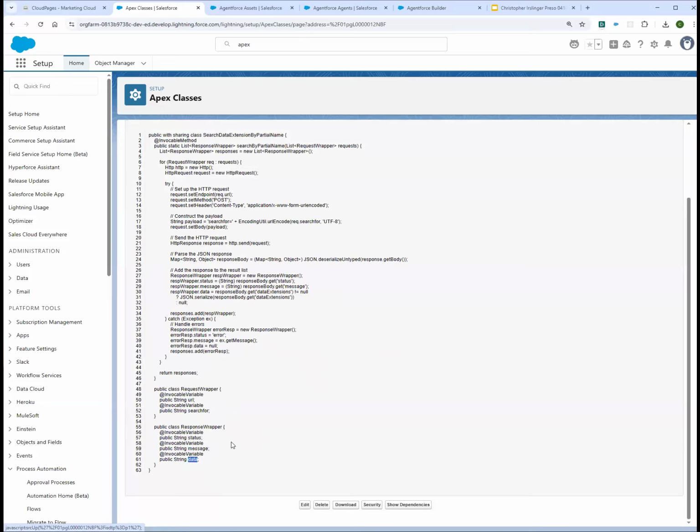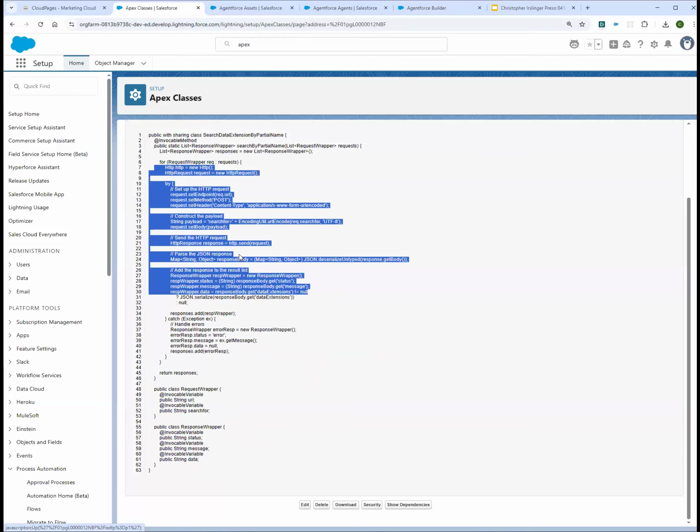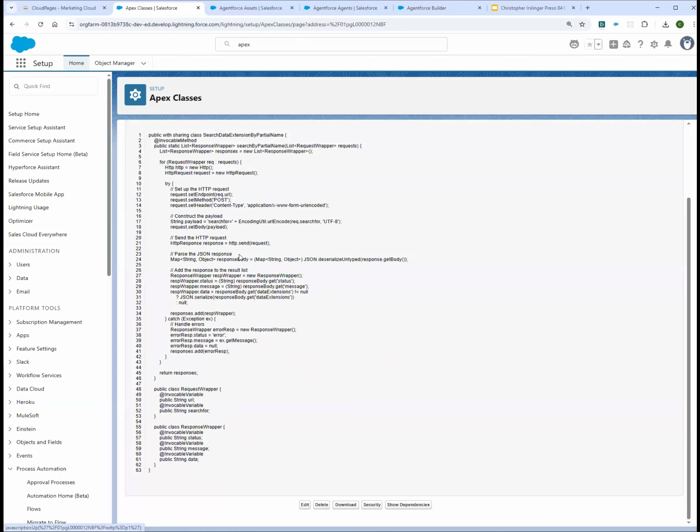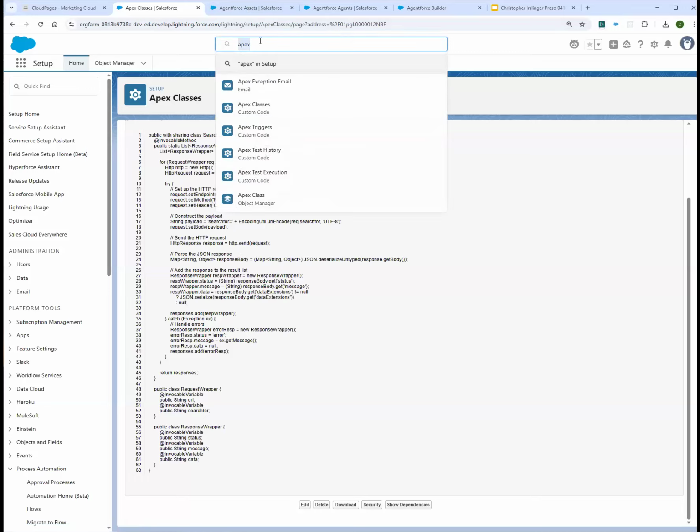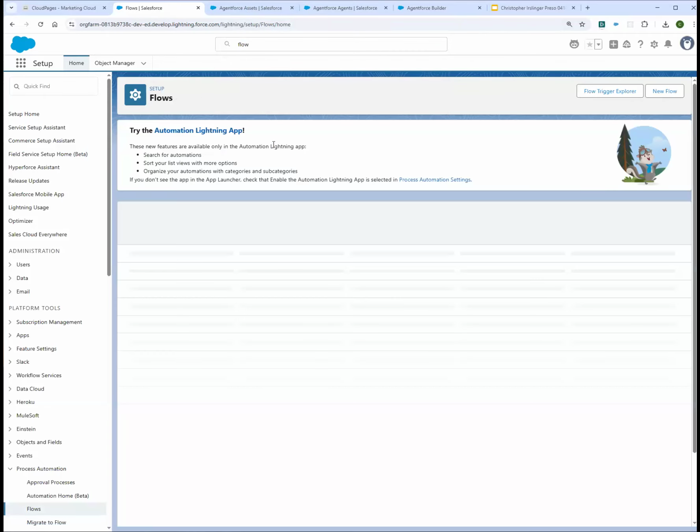And so we're just doing an input and an output, and we're posting that to the code resource. So if you set this Apex class up, if you had the code resource, and you've done the whitelisting for the specific domain of your cloud page, you can then start using these in flows.